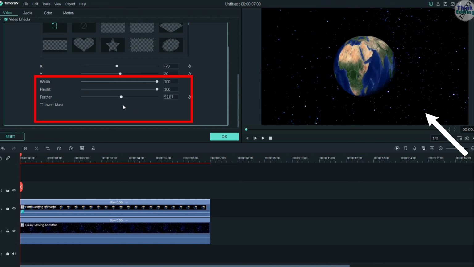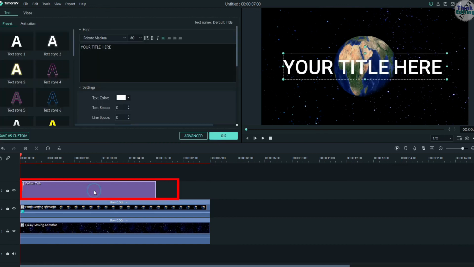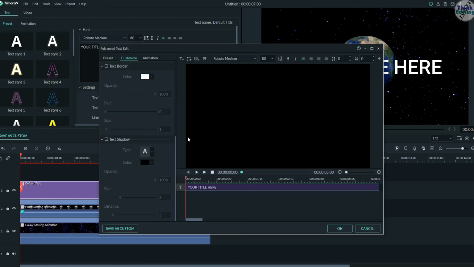But one thing is that the galaxy is appearing in this area, which is not acceptable. So to repair this, I will take an extra black circle and place it between the two layers. So place the default title on the third layer and in the advanced menu make a black circle.